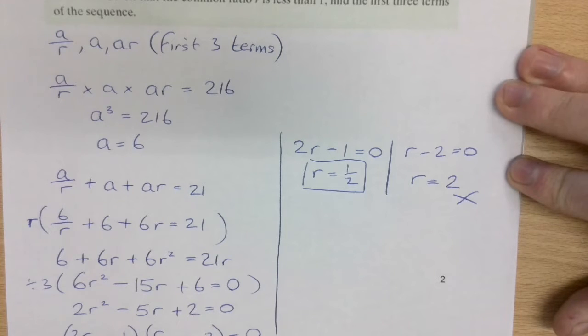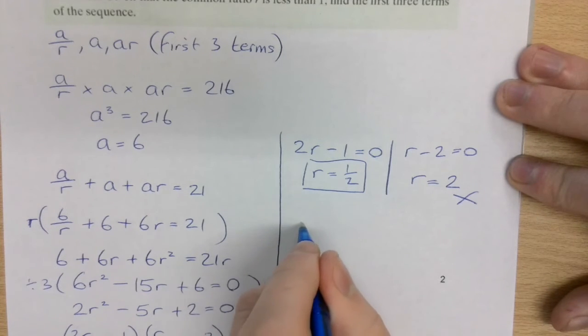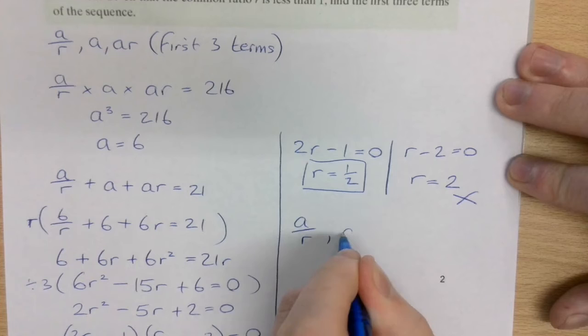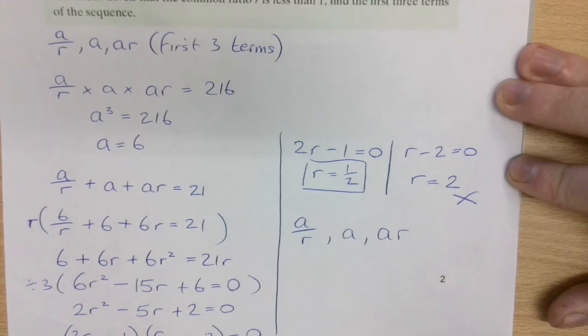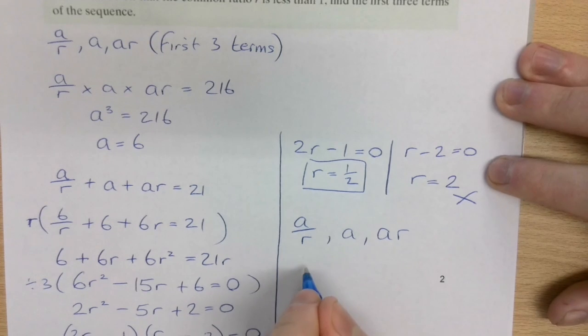Then it tells us to find the first three terms of the sequence. The first one was a over r, the second one was a, and the third one was ar. So a over r, we already know that a is 6, so it's going to be 6